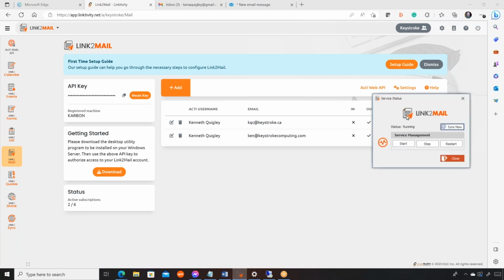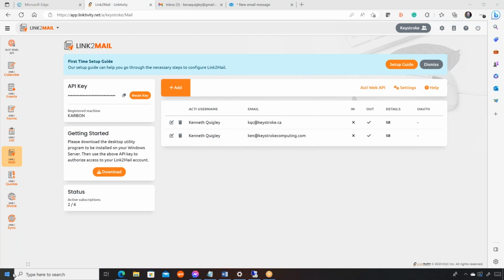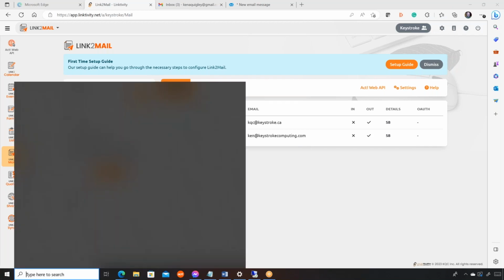Okay, now I'm going to bring this up on the screen. This is what it looks like. Okay, very simple. I want to show you that there is absolutely nothing to configure here. You've got start, stop, and restart, close, and then this on-demand sync, and I'll explain that in a bit. Okay, so I'm just going to close this, and I'm going to type in